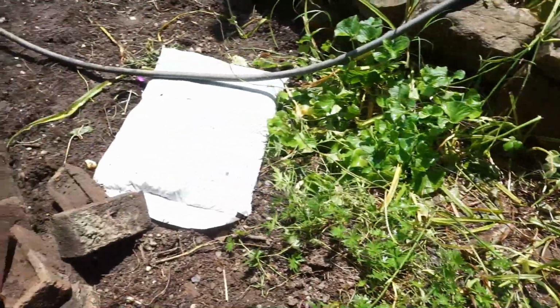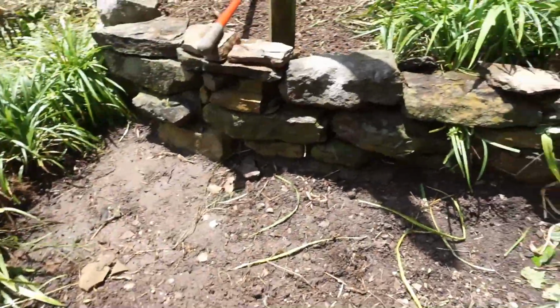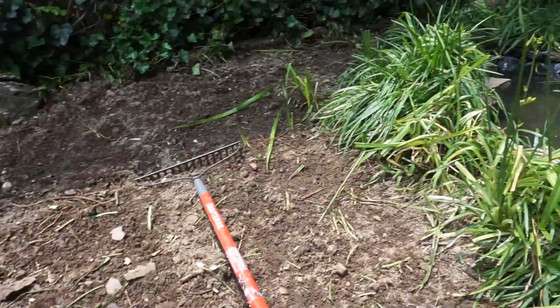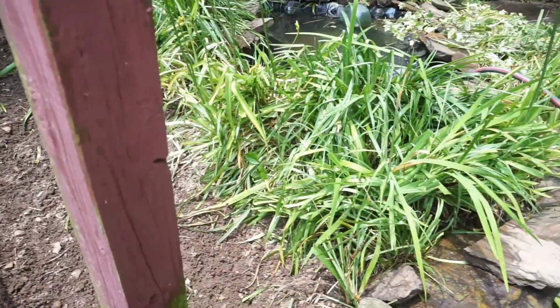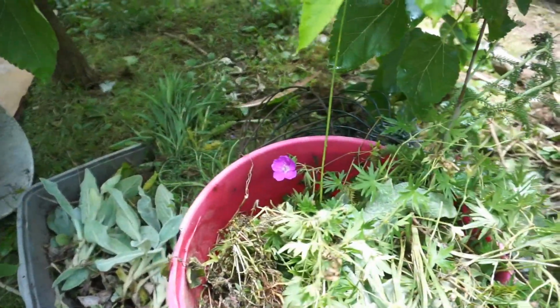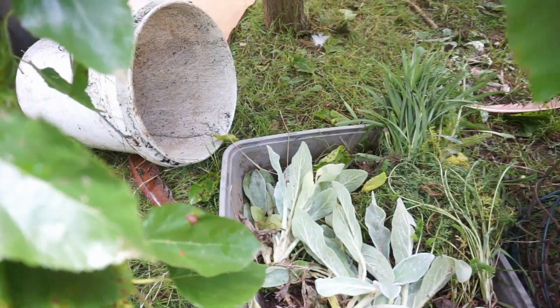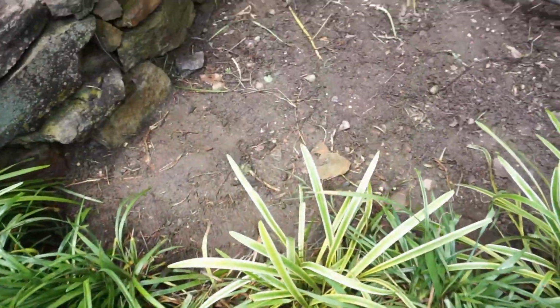I have been digging the whole garden out. I've gotten halfway there, actually more than halfway, because up here on the other level, it was the same problem. And I have already dug everything out of here, except for the daylilies that surround the little frog pond there. Now, it's a lot of work, because I've got to save the good stuff, like the hardy geraniums. There was some yarrow in here, liriope, even some beautiful lamb's ear, and all these bulbs, and irises as well. There simply was no consistency or